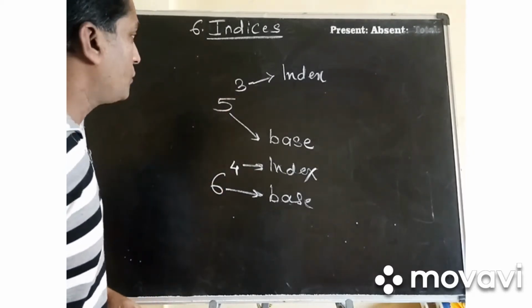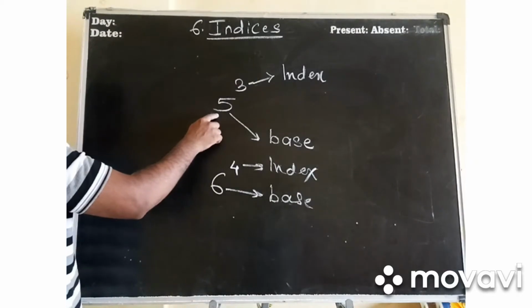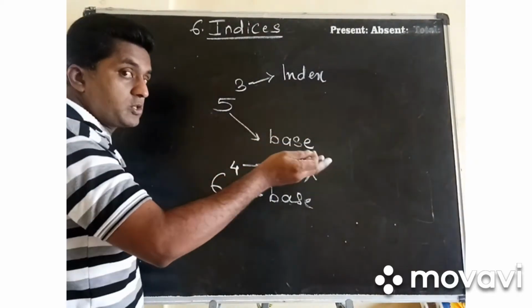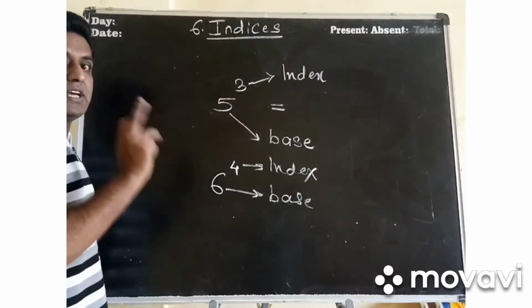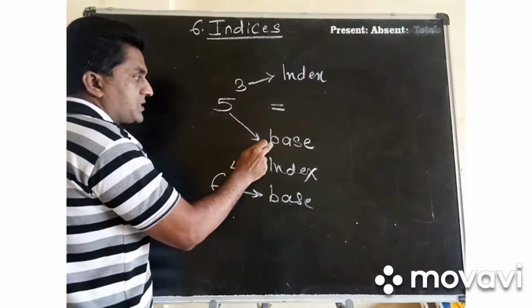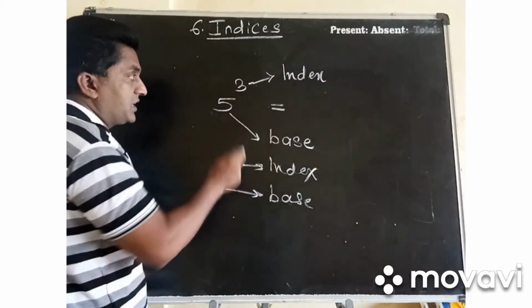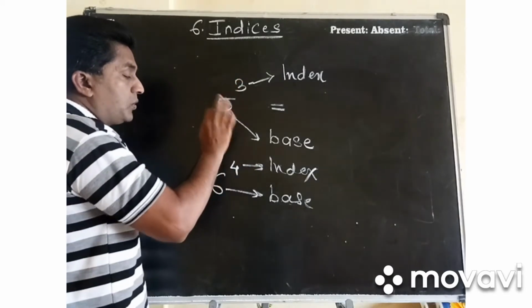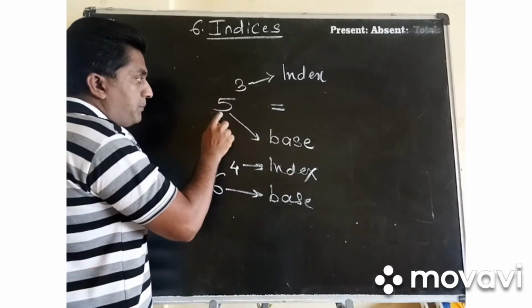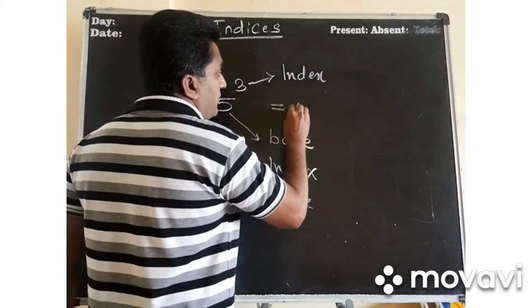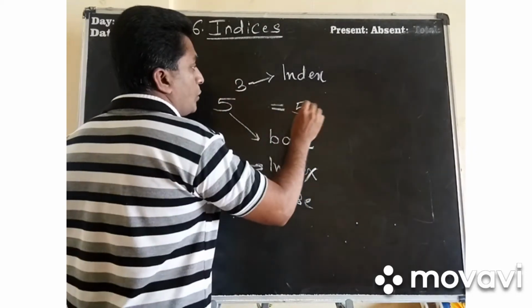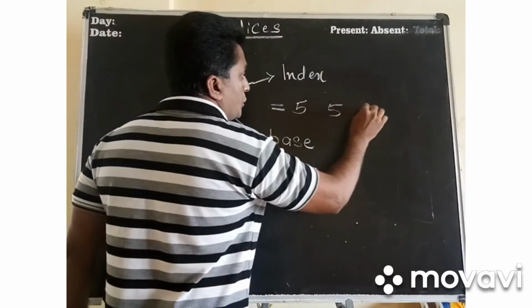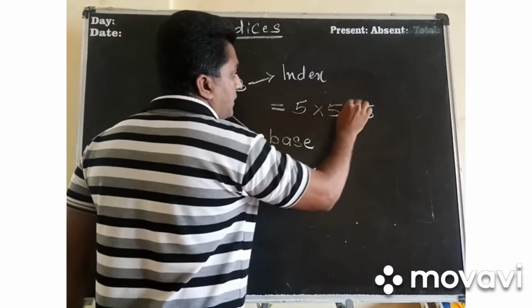But how are you going to understand exactly what it means? If anybody tells you, come and solve it, what will I do? Which is the bigger number? Means which is the base? Bigger number not in the sense that this is big or this is big. No. Which is the base? Base is 5. So write 5. How many times is this base repeating? 3 times. So 1, 2, 3 and just multiply it.